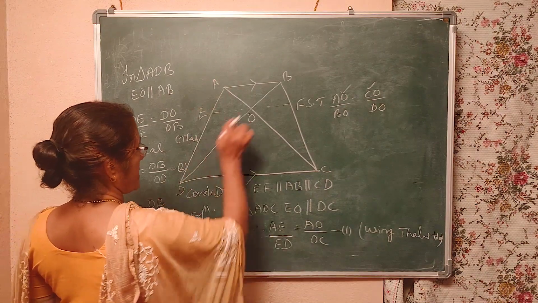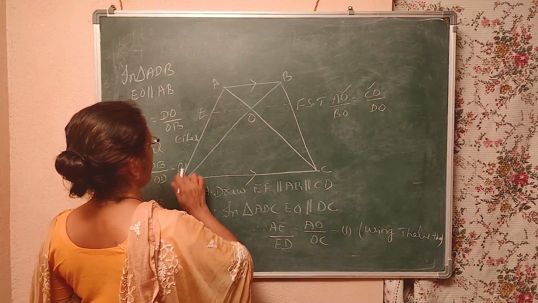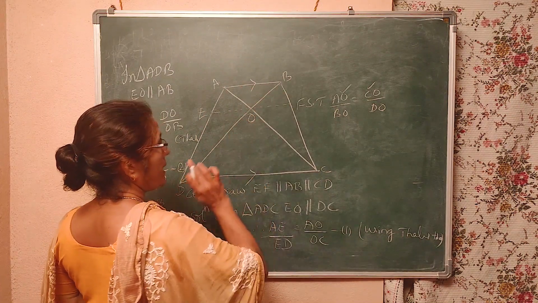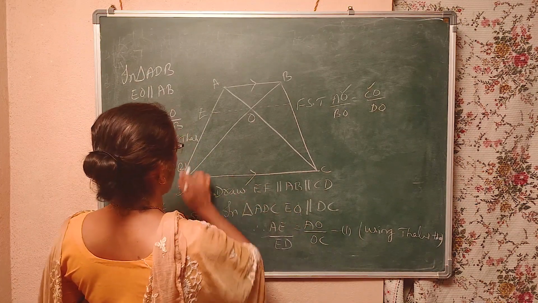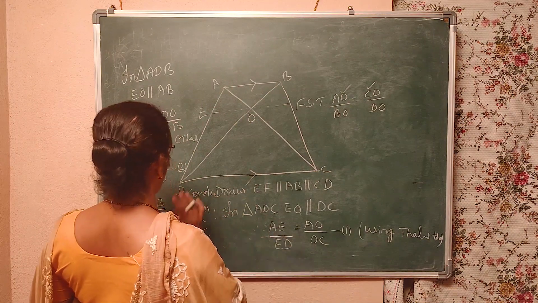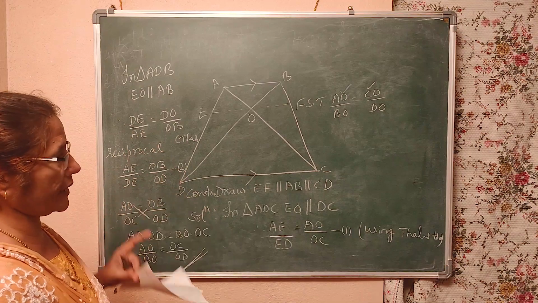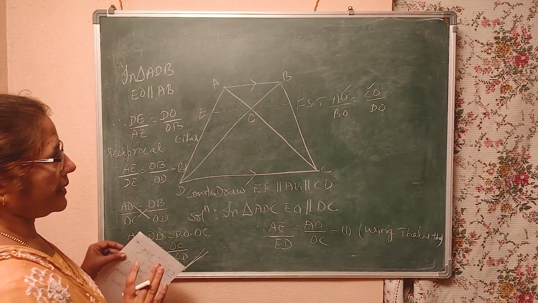I said there is a construction I did, in triangle ADC. In triangle ADC, EO is parallel to AB. So I get DE by AE is equal to DO by OB. So one side it is AED, one side it is like this. So I got both AO, OC, DO, OB, and the left hand sides are equal. So likewise, I proved this, right?